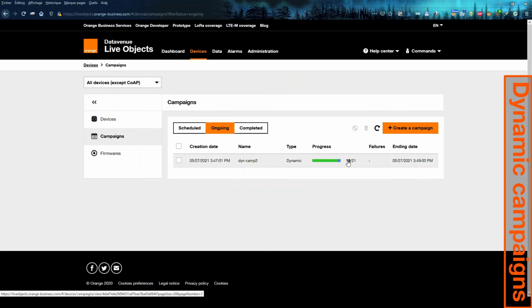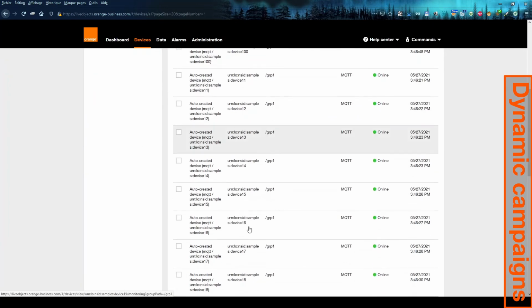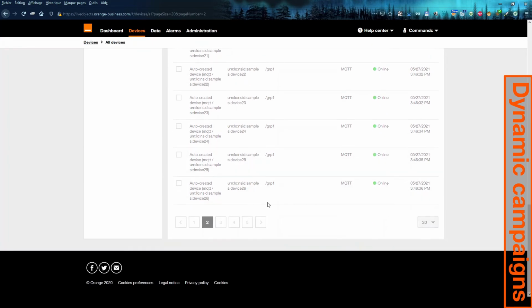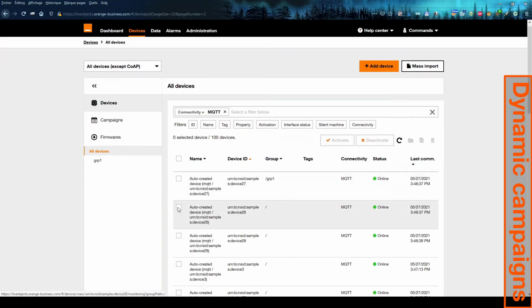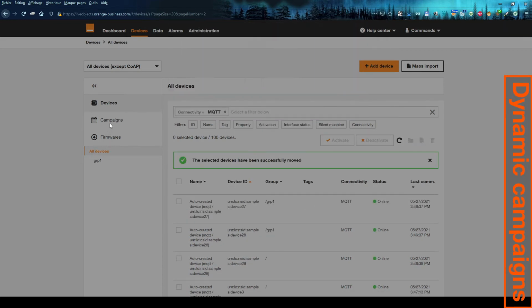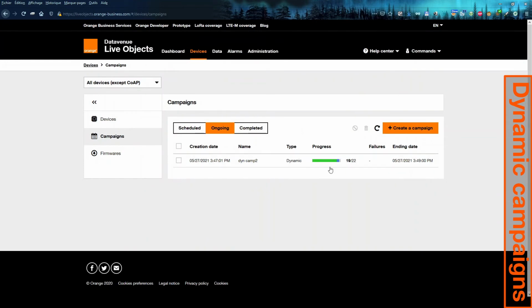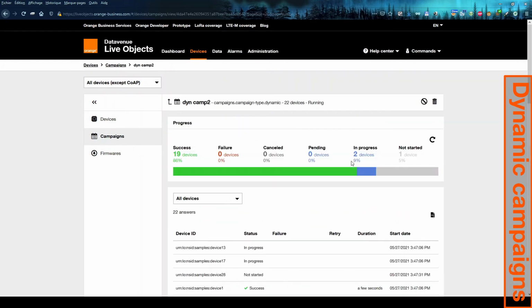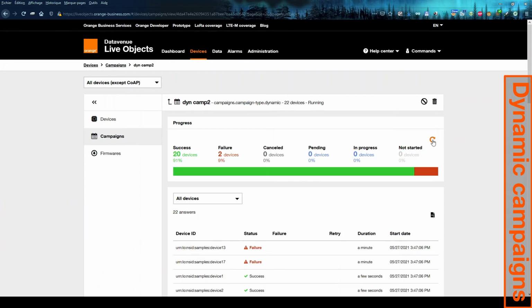So it is ongoing with 19 success on 21. What if I add one more device to it? Let's move that. Now we're running with 22 devices and one is not started. Okay, now it has started all of them, and as usual, my around 10% of failures.